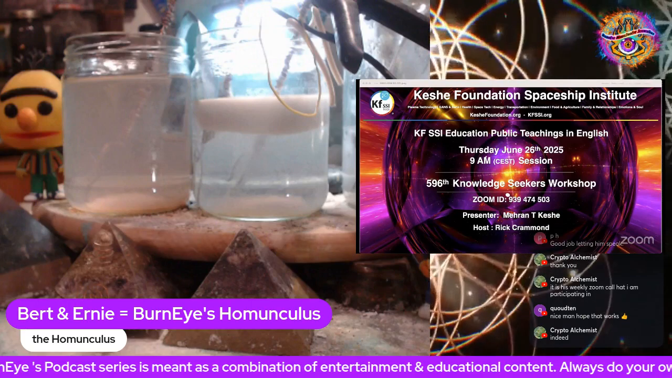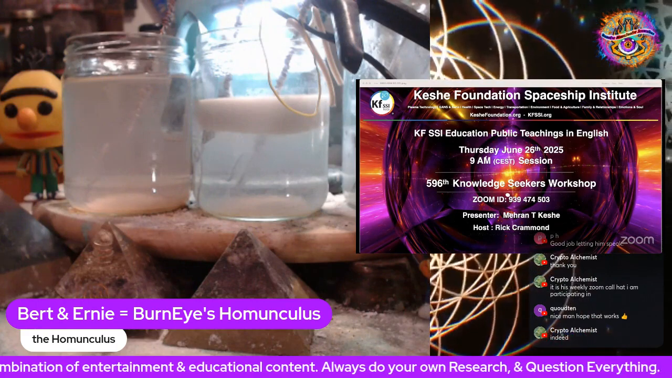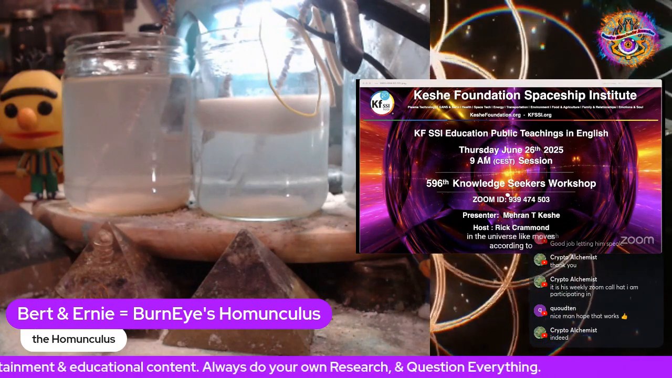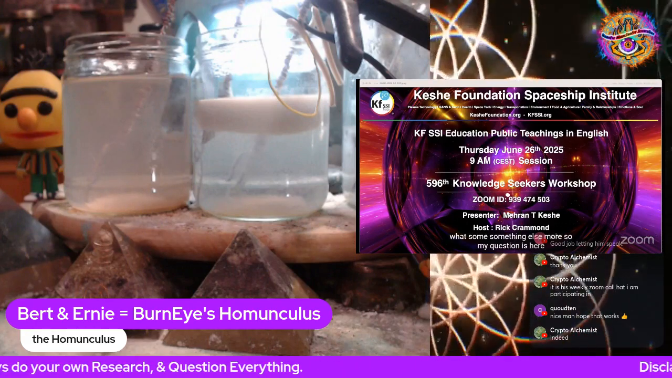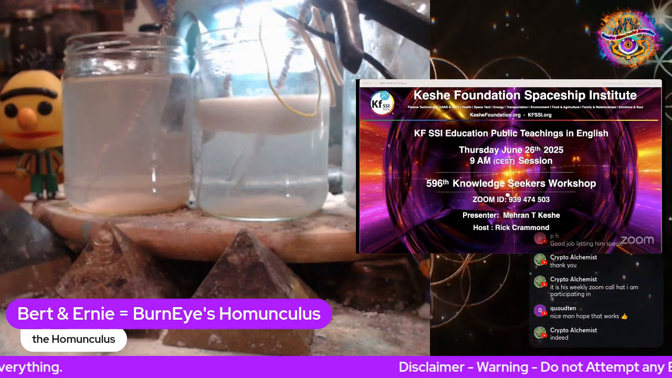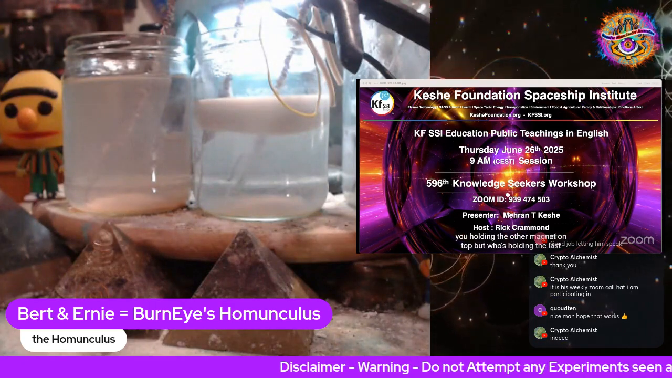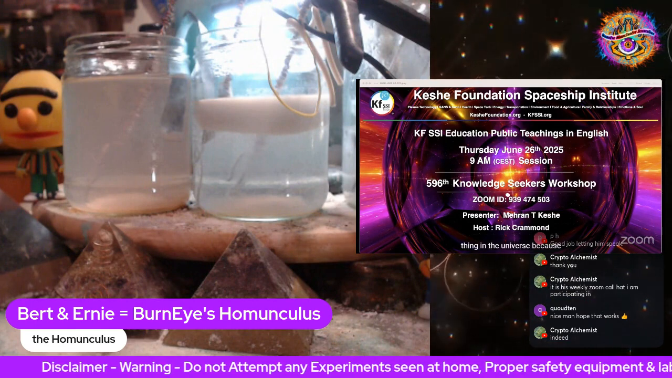So then you take this, it is happening in the universe, like everything moves according to what something else moves. So my question is here: you're holding the lateral magnet on top, but who's holding the last thing in the universe? Because